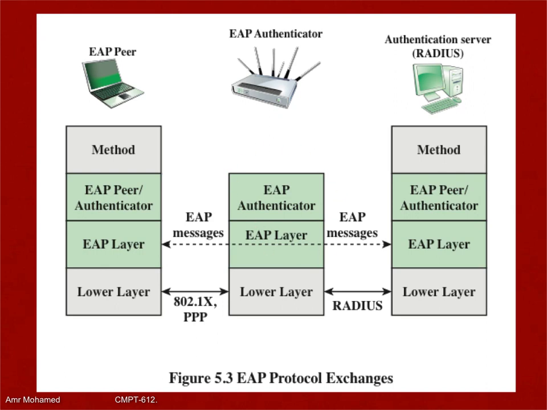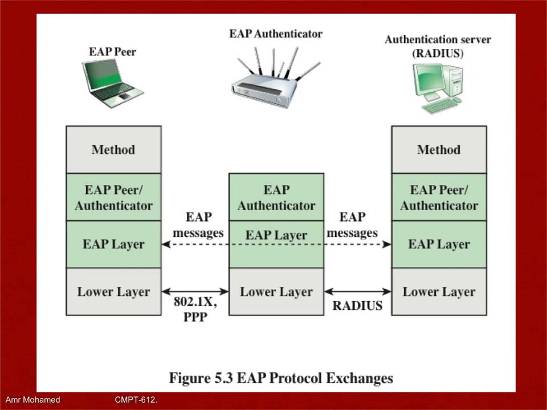So the EAP authenticator doesn't do anything other than decapsulate. This is the EAP header. Okay, I encapsulate it through RADIUS and I send it to the authentication server. But I don't actually do any processing to it. So in fact, the authentication process will be done through interaction between the EAP peer and the authentication server,